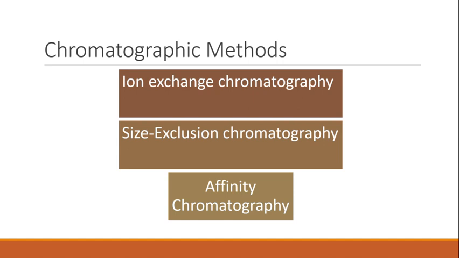The larger proteins do not fit into the pores of the polymer, whereas the smaller proteins can fit easily, and therefore they take longer to travel through the chromatographic column, and therefore they take a less direct route. So therefore we see that the heavier constituents travel more with respect to the components which are comparatively lighter. So that is one form of chromatographic method.